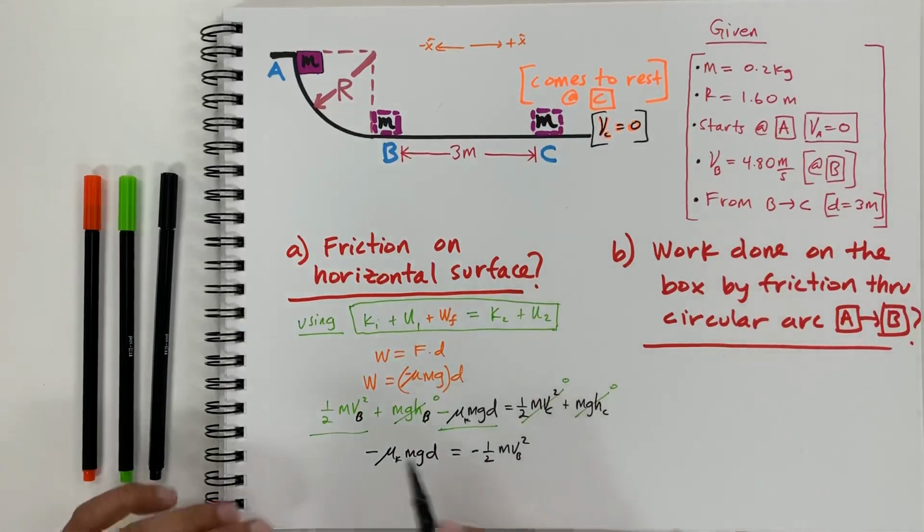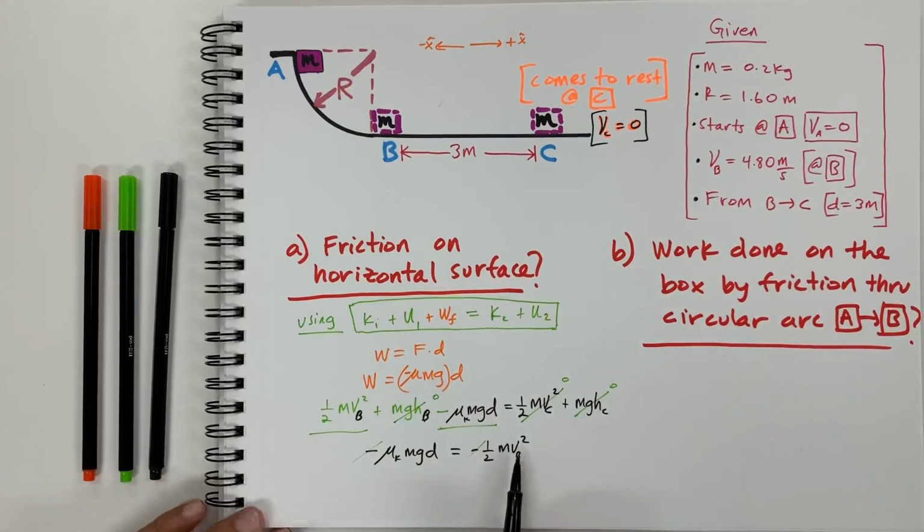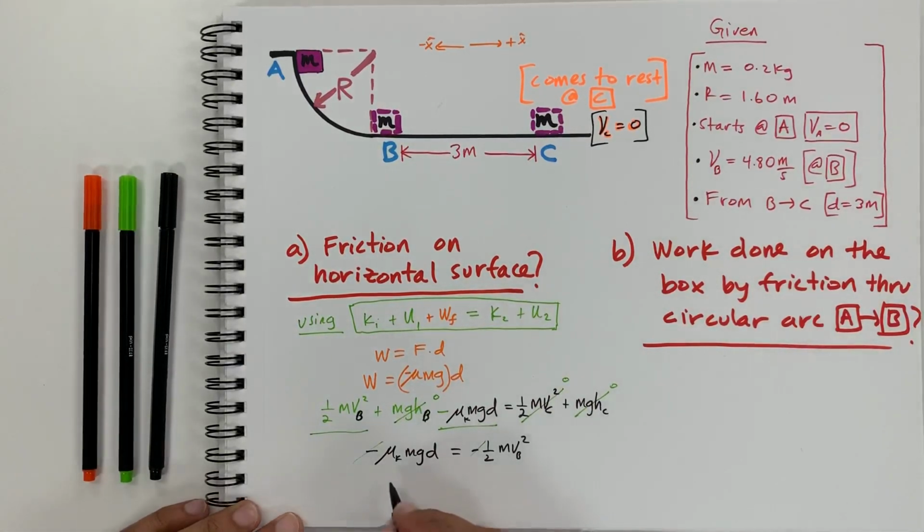Okay, and then I can just get rid of these minuses. Okay, and then I'm going to divide mgd onto this side, and then finally I'm going to get mu k is equal to 1/2, all right, m,